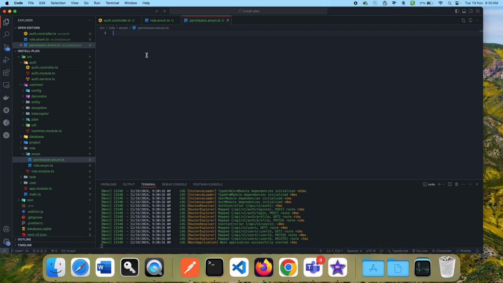So we will create one enum, export enum, and we will name this enum Permission. If we are using JavaScript, enum is not there, so we'll have to create an object only. We'll create GET_PROFILE, and in enum we use equals to, so we'll keep it as get_profile, and then we can have UPDATE_PROFILE with the value update_profile, and